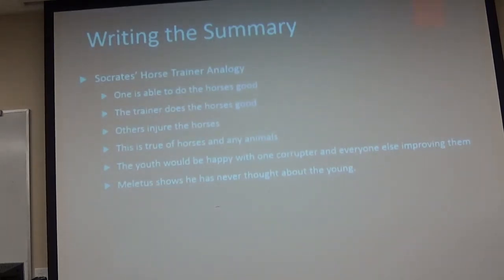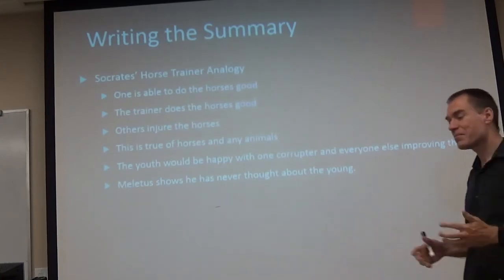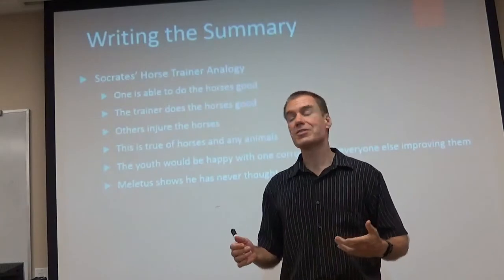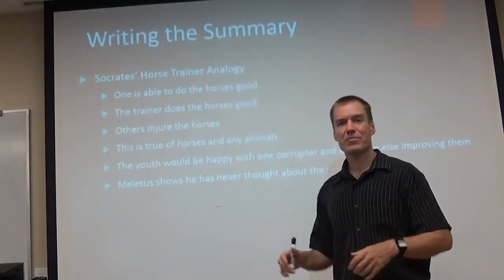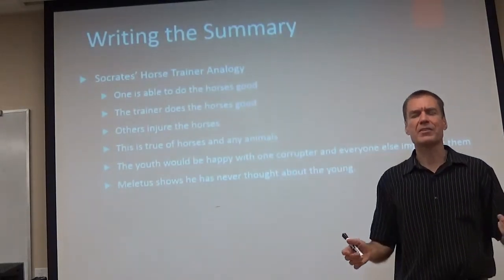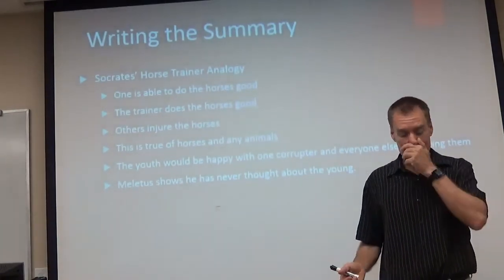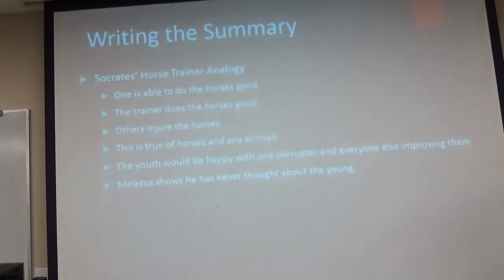who don't know about horses, don't know what they eat, don't know how to train them, don't know stuff about them, even if they have good intentions, they would harm the horses. Perhaps not out of malice, but out of ignorance. If someone doesn't know what they eat, for example. And so his claim is, the setup for the first part of the analogy is that in the case of